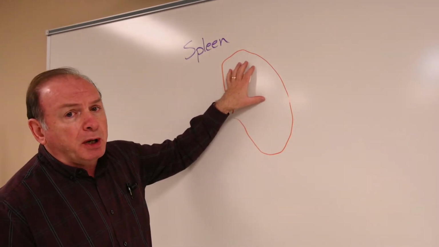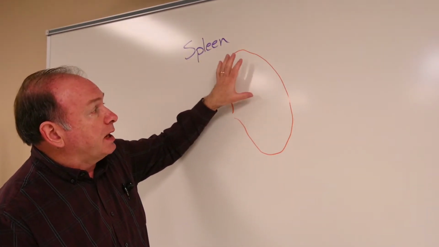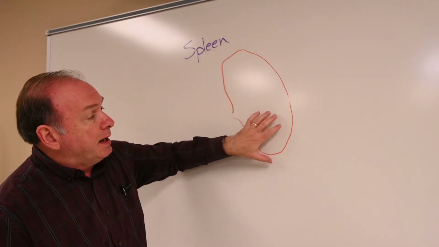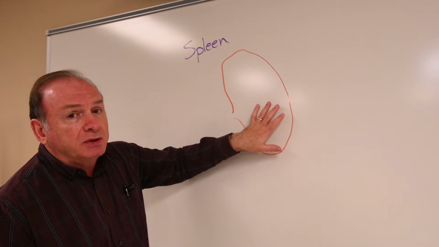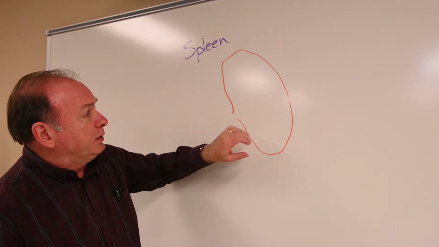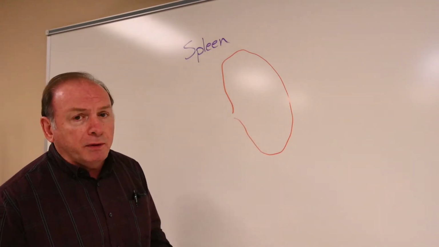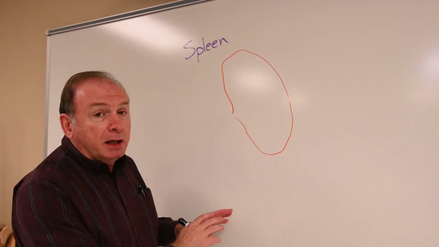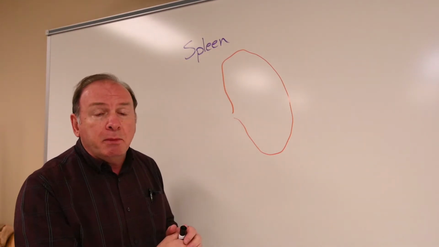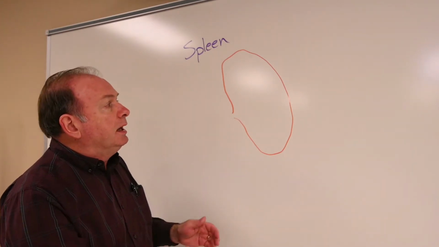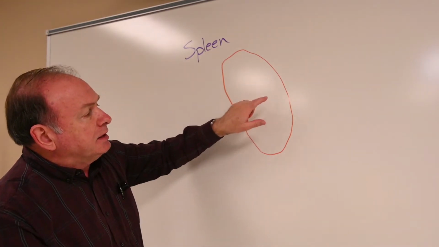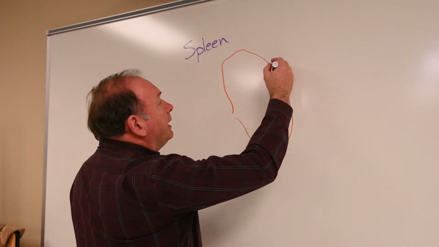This portion up here would lie in contact with the stomach on its front face, and down here a loop of the intestine, the large intestine, would be up against this portion of the spleen. So that's the location of the spleen in the body cavity. It is covered by a mesothelial membrane. It is attached to mesenteries in the body cavity, and it has an outer covering here, a capsule